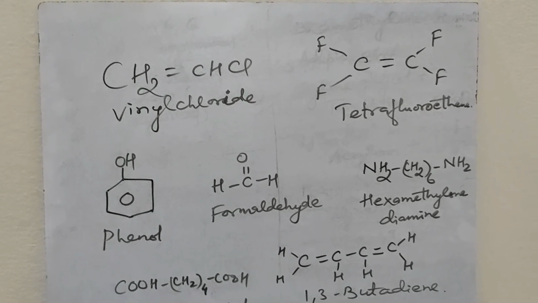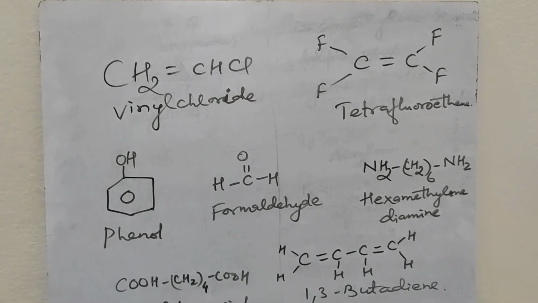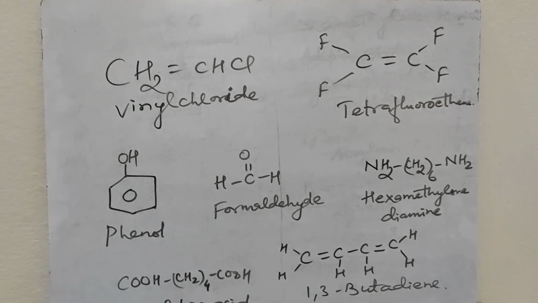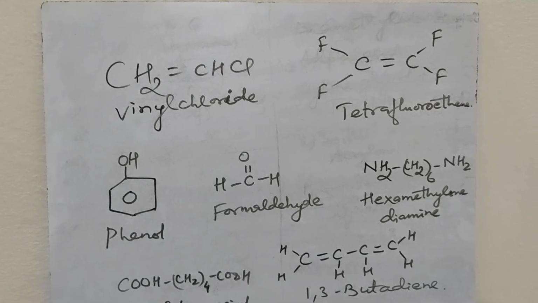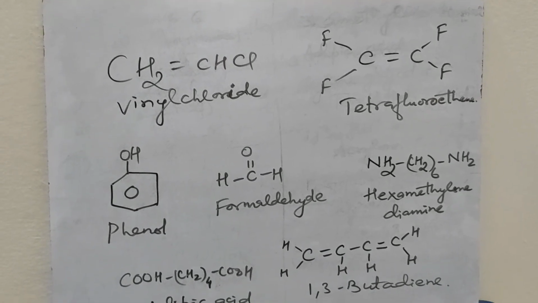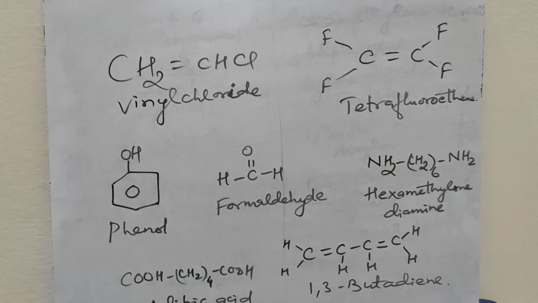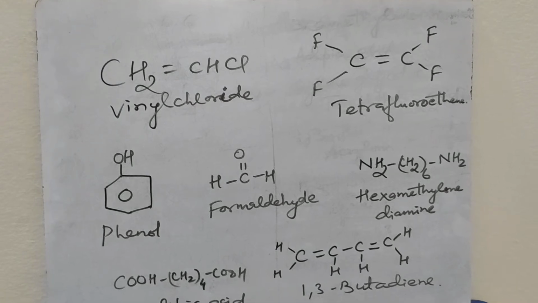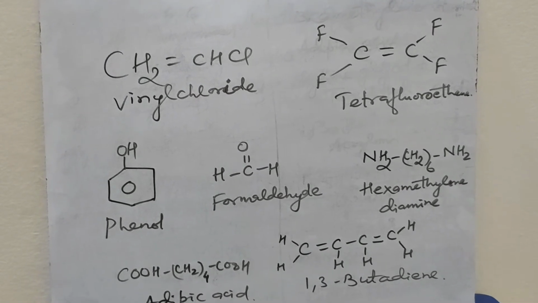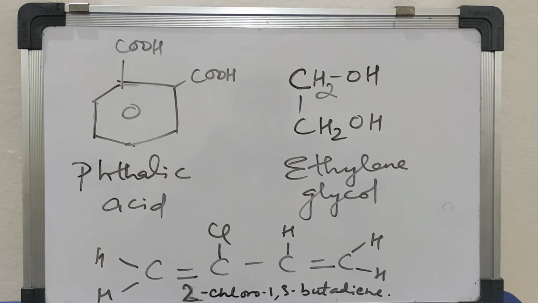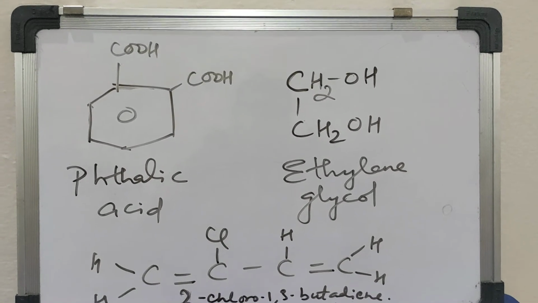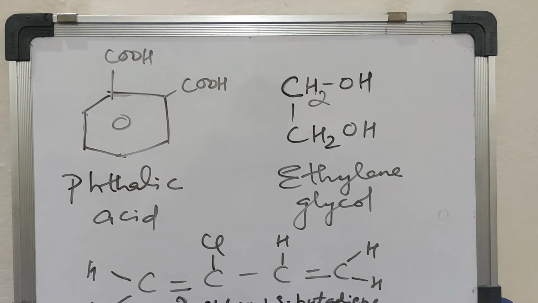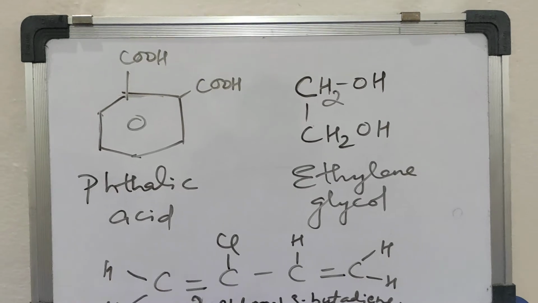All the carbon in 1,3-butadiene is sp2 hybridized. So 1,3-butadiene is used as a monomer in Buna-N, Buna-S, and the derivatives of 1,3-butadiene like 2-chloro-1,3-butadiene and 2-methyl-1,3-butadiene are used as monomers in neoprene and natural rubber. Benzene 1,2-dicarboxylic acid is called phthalic acid, and CH2OH is called ethylene glycol. These two are the monomers used to prepare